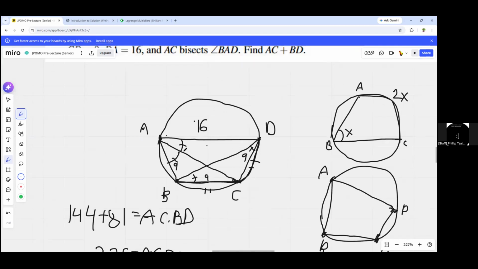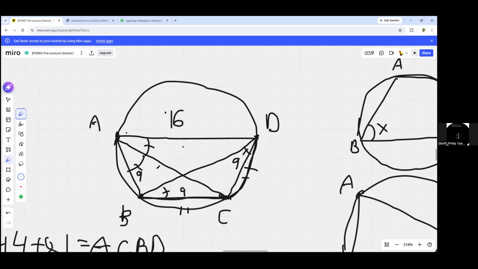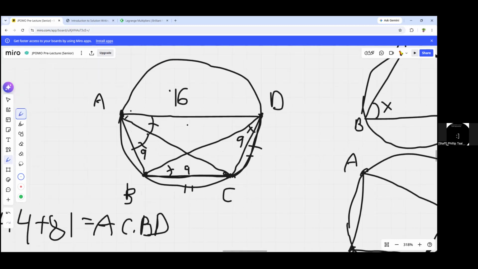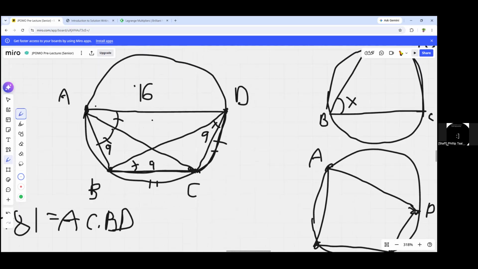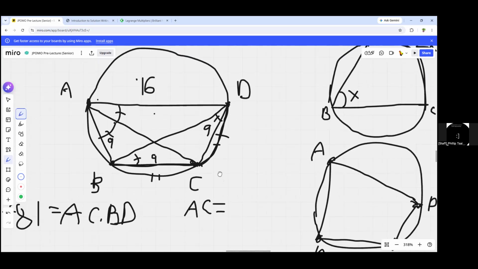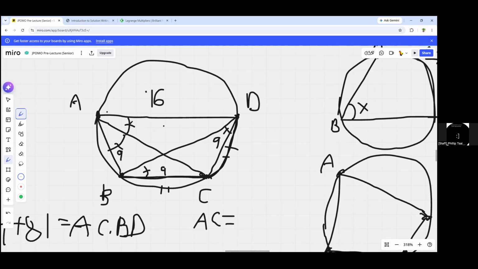Now, Andrew, you also said it's an isosceles trapezoid, right? That is true, actually. What I was planning here was triangle congruence, but basically we can prove that AC is equal to BD through realizing that it's an isosceles trapezoid. You have to be a bit more rigorous, but since